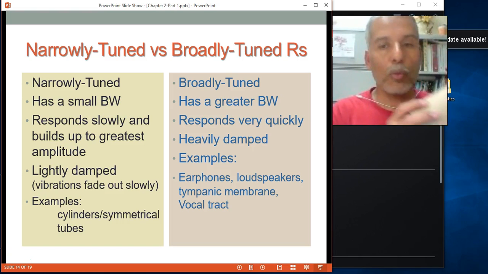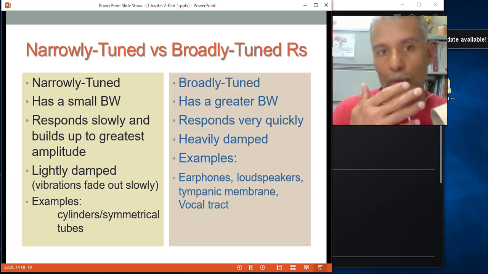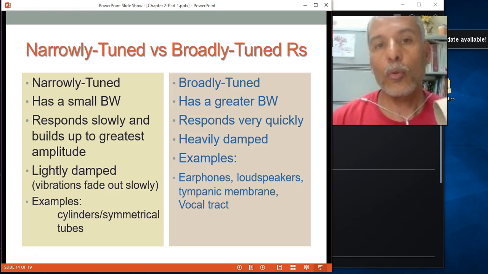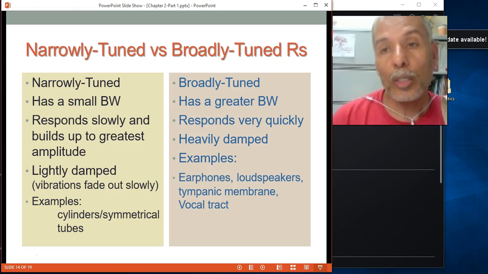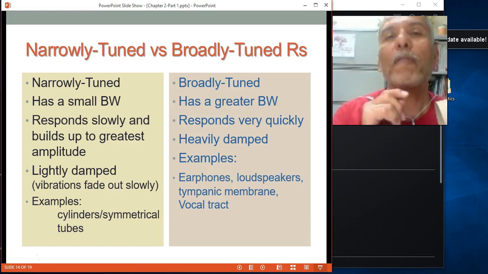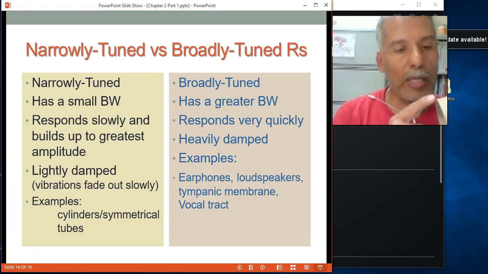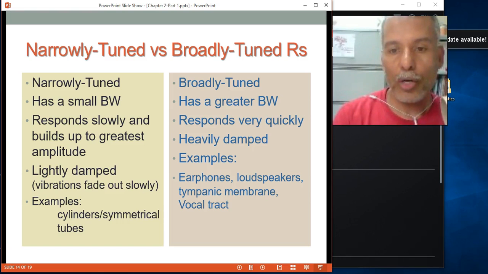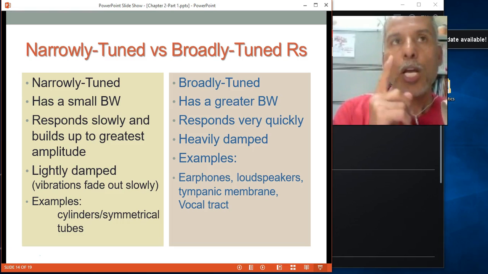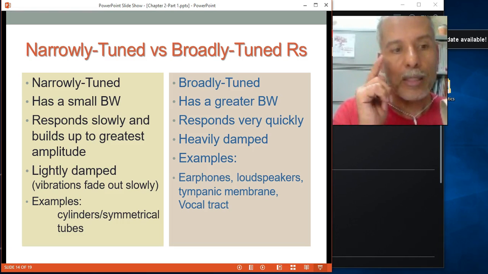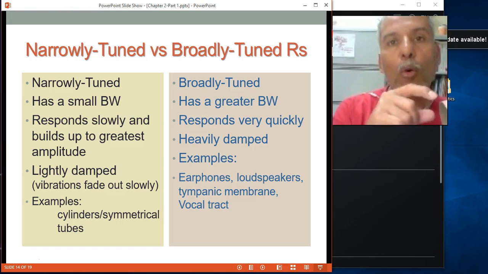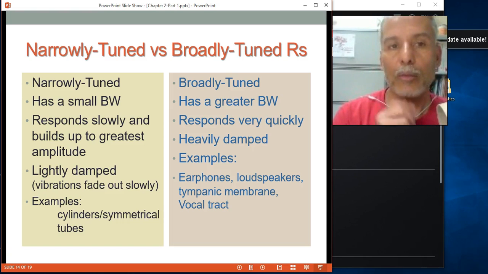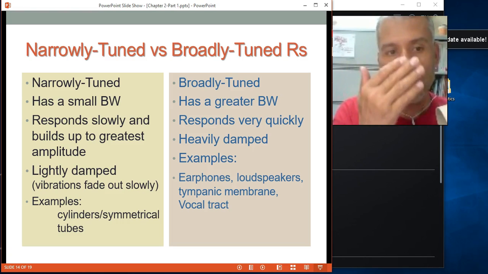For example, instead of this tube responding at 300 to 700, if it was narrowly tuned, it might be like 100 or maybe even 50 hertz. Let's say 100. So that means if it's 500 hertz and it has 100 of bandwidth, it can only respond if the tone you play is 50 less or 50 more. That gives you the 100, because you split that 100, 50 there.